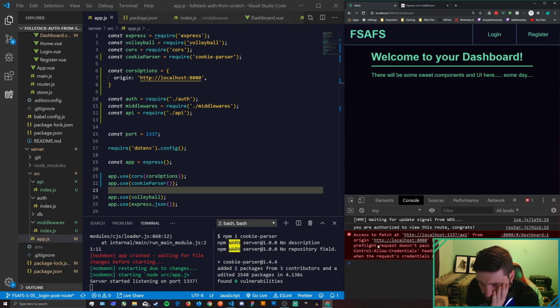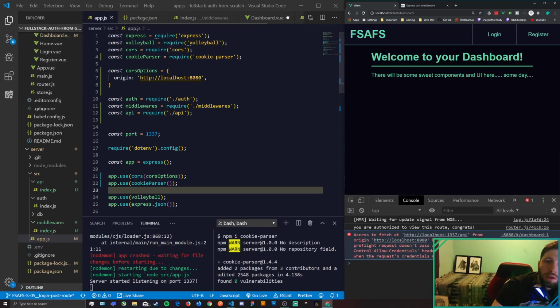Course blocked by response to pre-flight request doesn't pass access. The value of access control allow credentials header in the response is, which must be true when the request credentials mode is includes. Okay, so